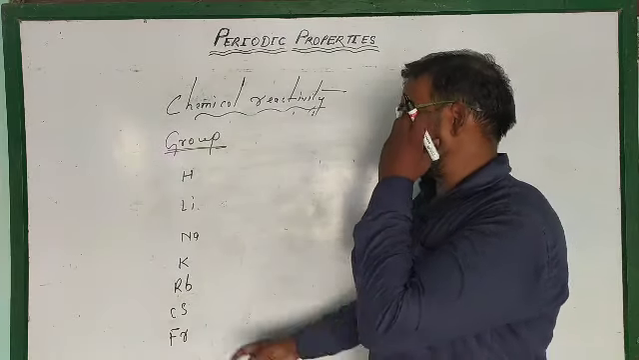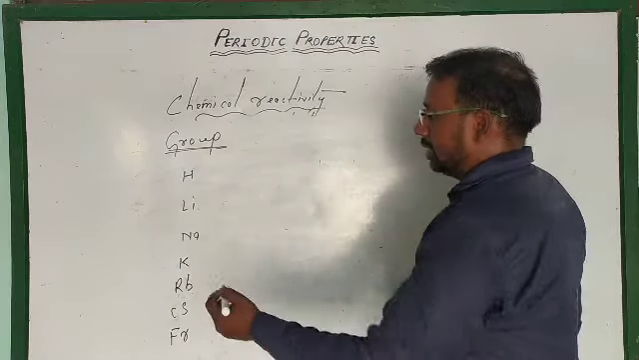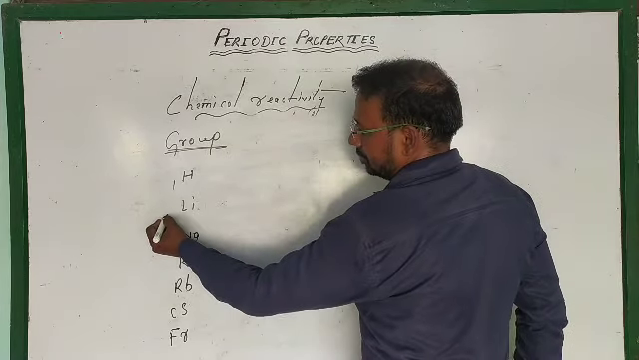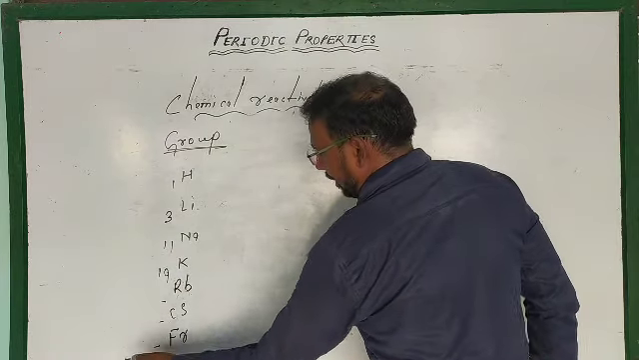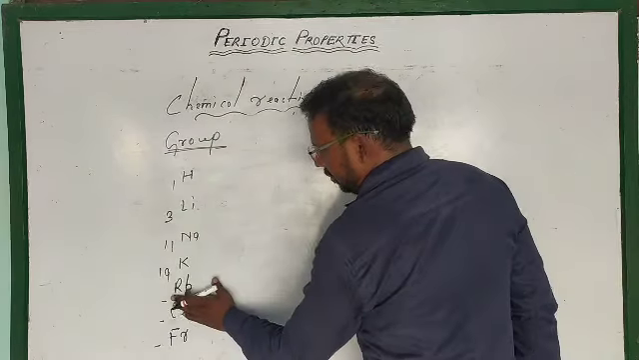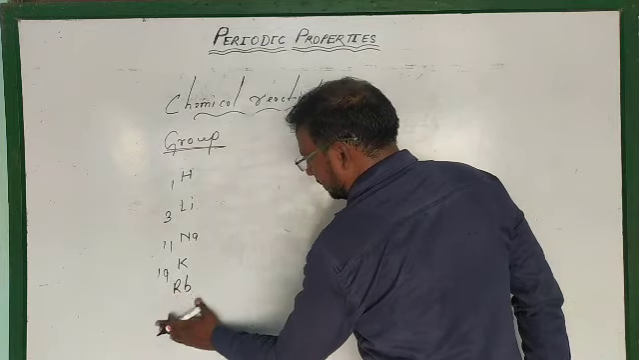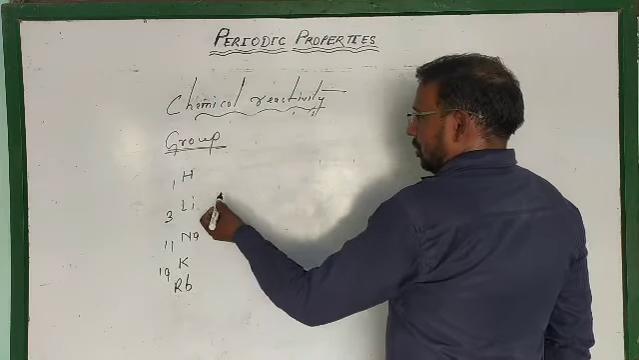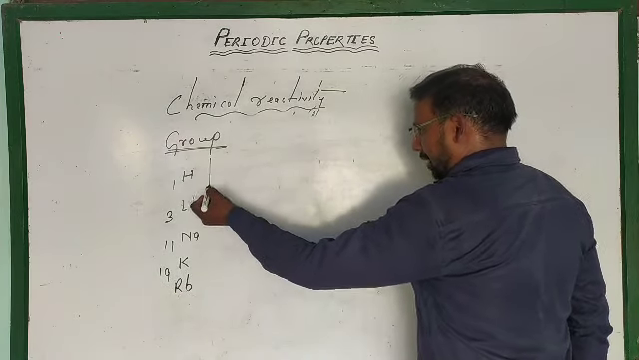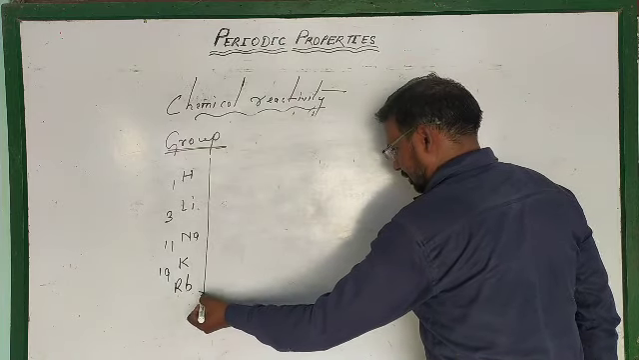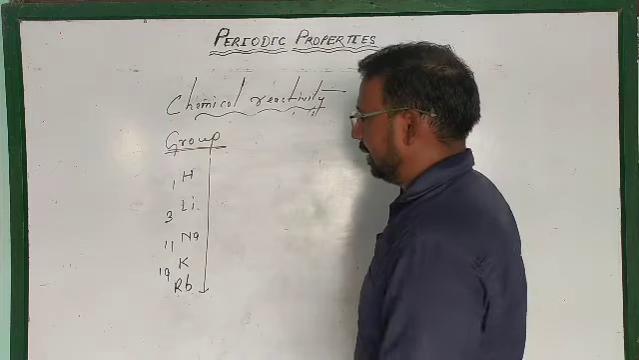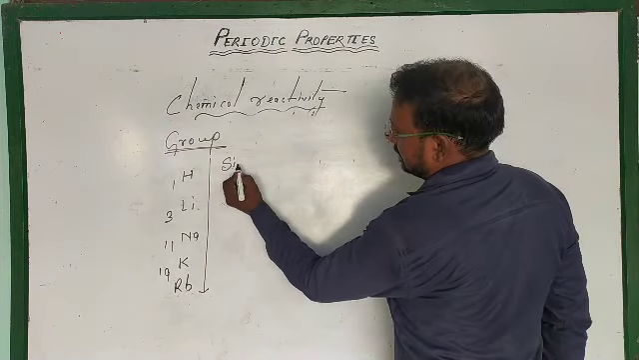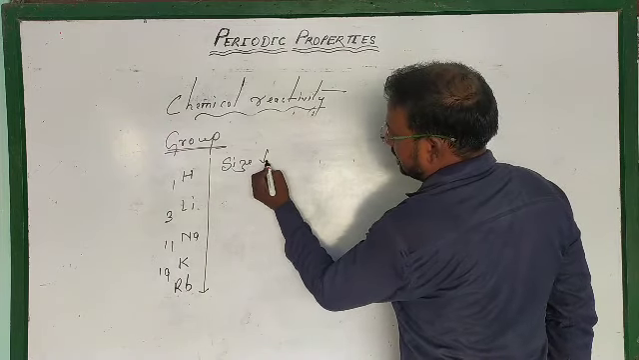rubidium, cesium and francium, hydrogen. Here the atomic numbers are 1, 3, 11, 19 and so on. You can write that very well. So here you can see that when we are moving in the group from top to bottom, what is happening? Size increases,